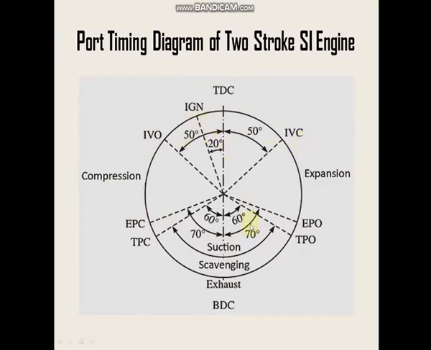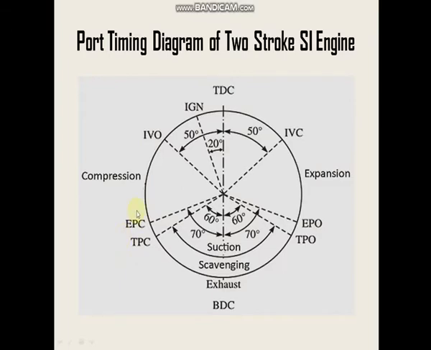Now in this two-stroke engine, only two strokes occur, and the suction, compression, power and exhaust processes are all done in these two strokes. Stroke is the distance between the top dead center and bottom dead center. The piston moves from bottom dead center to top dead center and back to bottom dead center, the crankshaft rotates through 360 degrees, and within this 360 degrees all four processes are done.